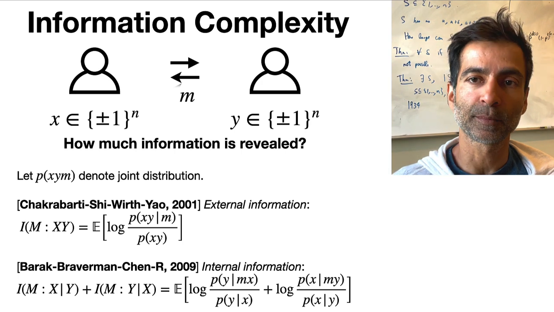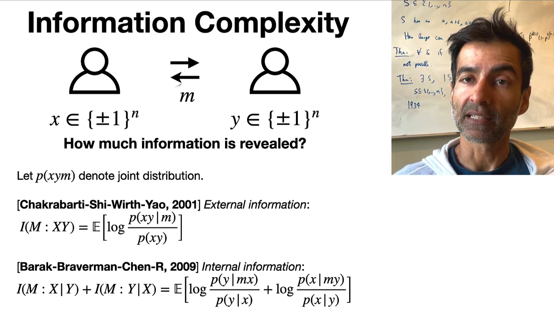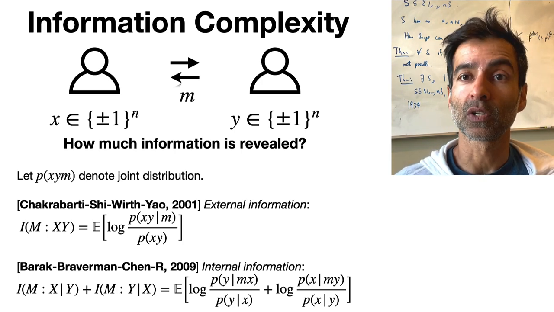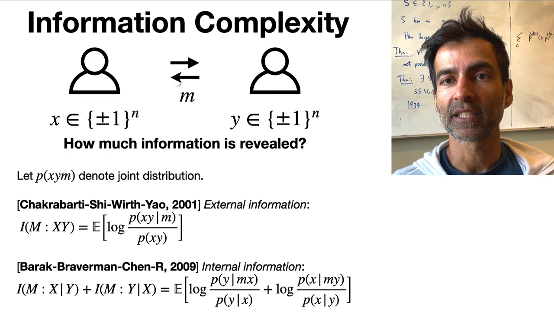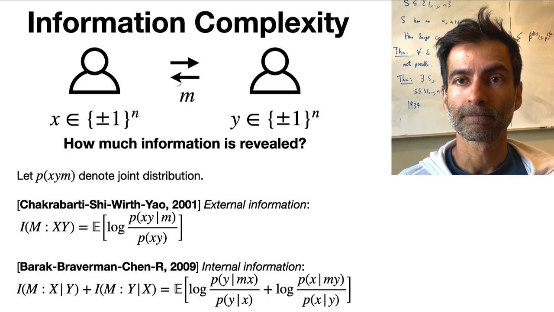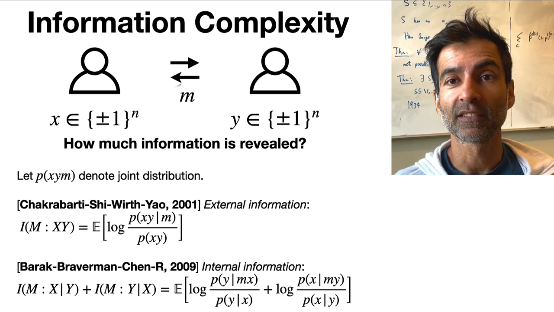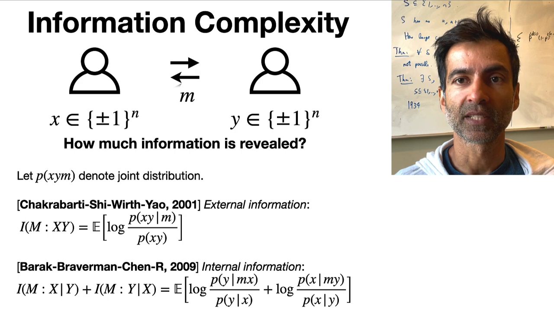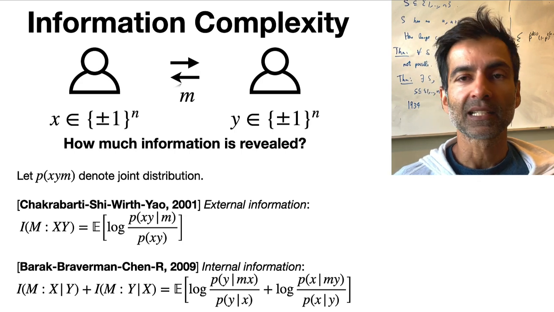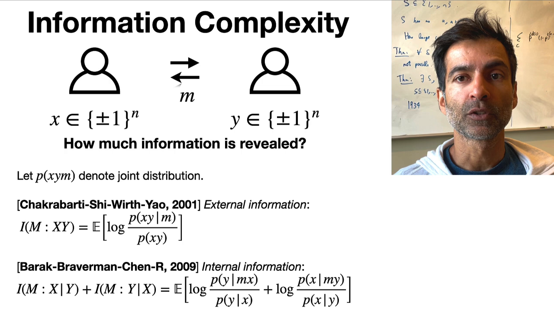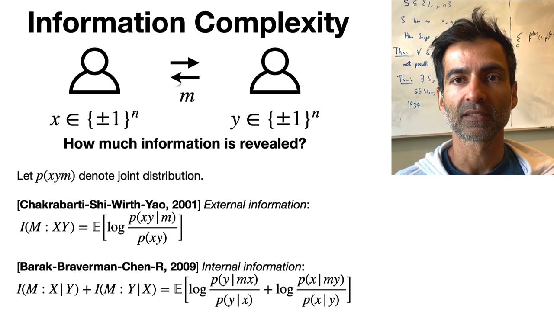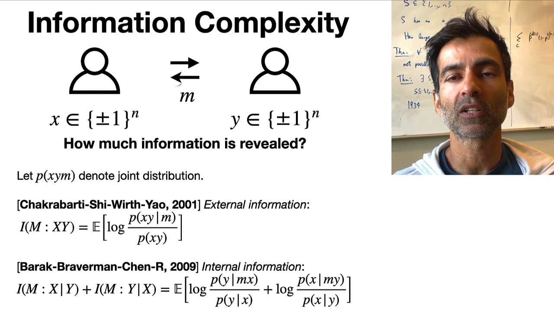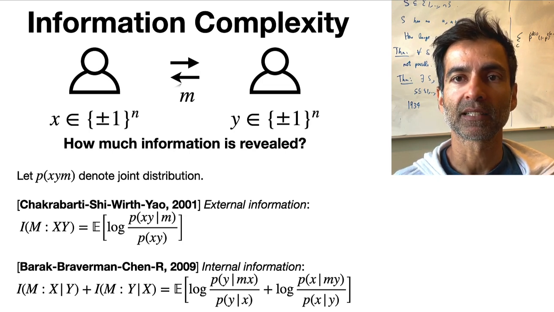So I imagine that there's a distribution on inputs X and Y, and then a distribution M on messages that are correlated with X and Y. Okay. And you can go back and forth between the worst case and the average case using Yao's min-max theorem. Okay. So from now on, imagine that there's a joint distribution on inputs X and Y that we're working with. And let's write P of XYM to denote the joint distribution of all the variables, the inputs and the messages in the protocol. Okay, so given any protocol, there's this distribution P that describes the protocol.